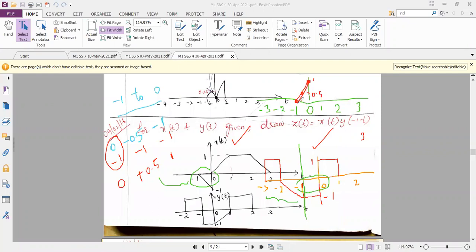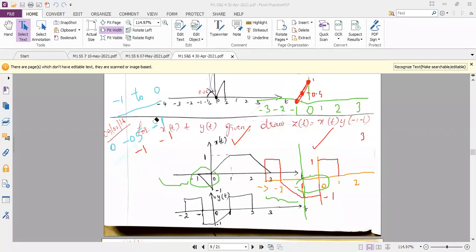Are you following? Any doubts in this? So at -1, the amplitude is 0. I plotted 0. And at the middle range between -1 and 0, I got the amplitude as 0.5. So I plotted 0.5. And at 0, my amplitude is +1. So after putting all the dots, if I connect, I will get the signal like this. Now can we go to the next interval?